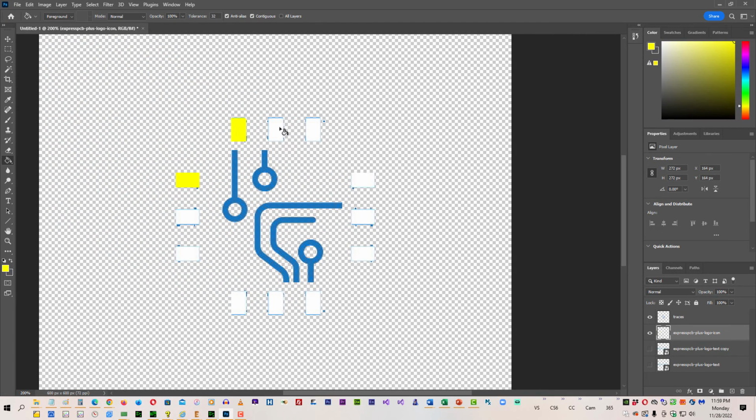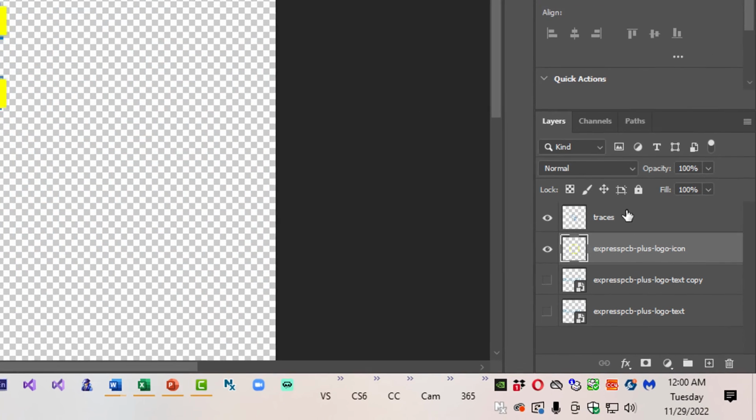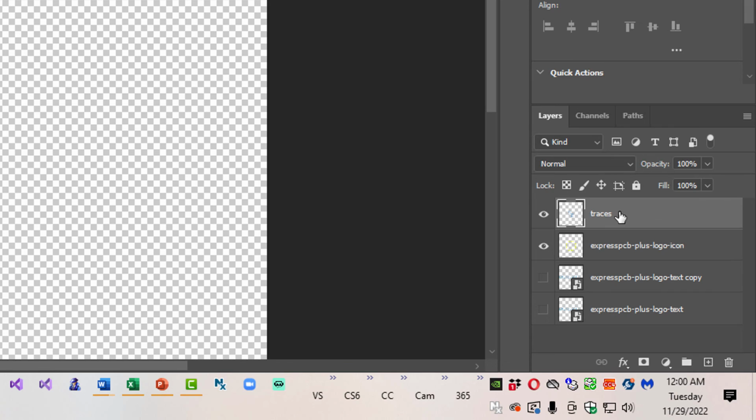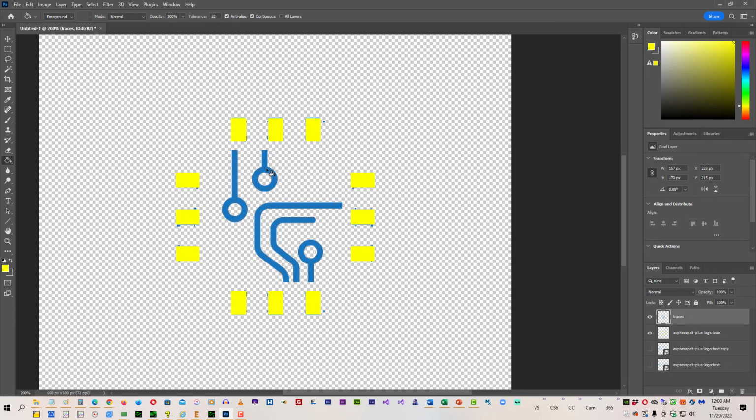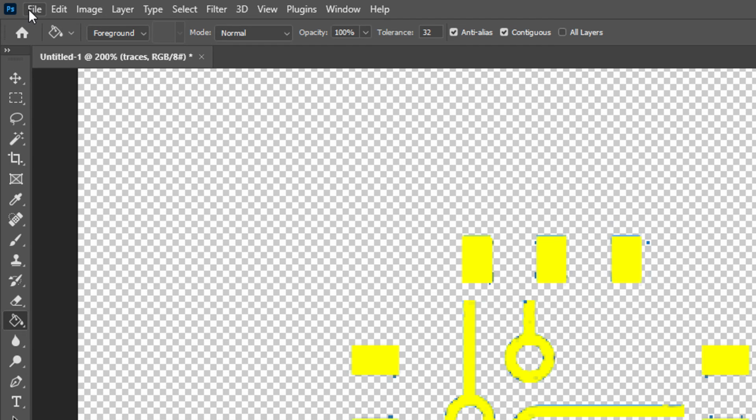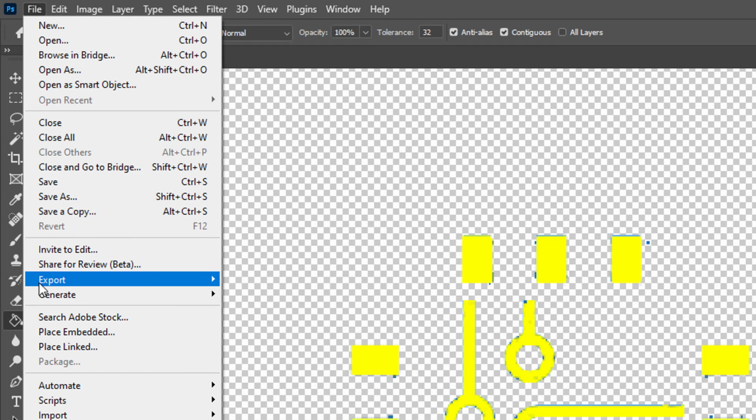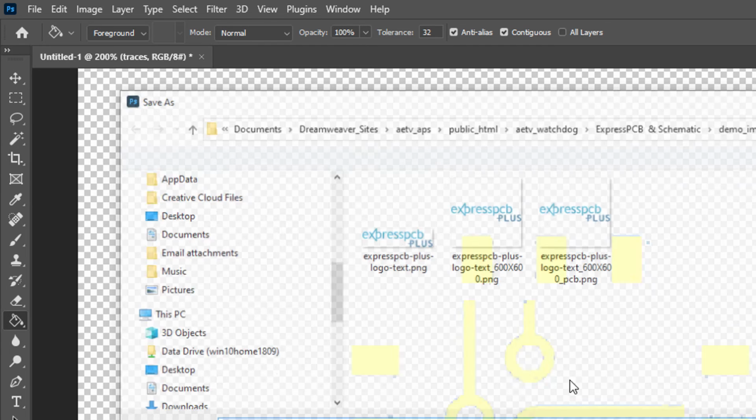So if we just color all those yellow by clicking them with the paintbrush. And then I want to switch focus to the traces layer and click all those to color them yellow. Then we want to export, quick PNG,